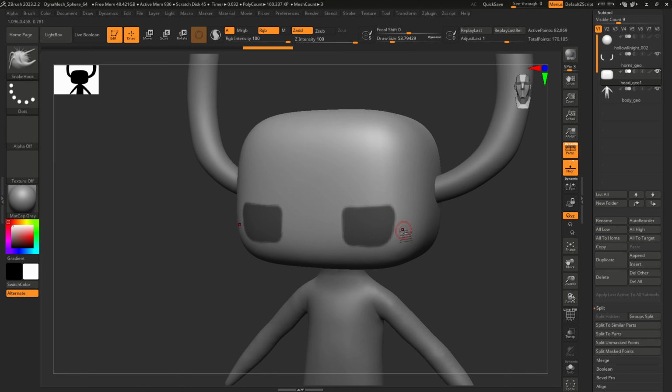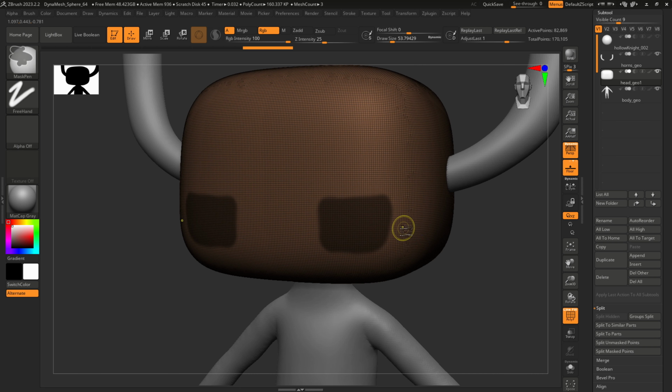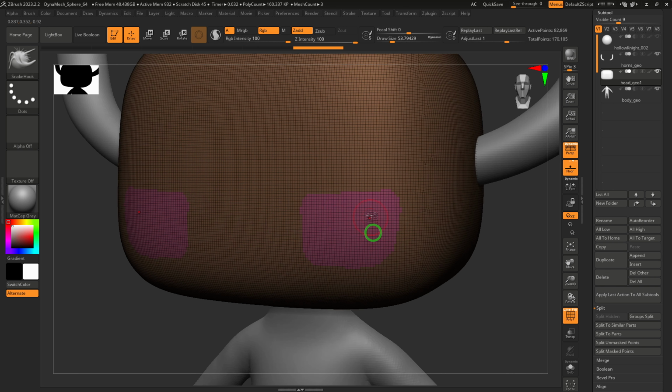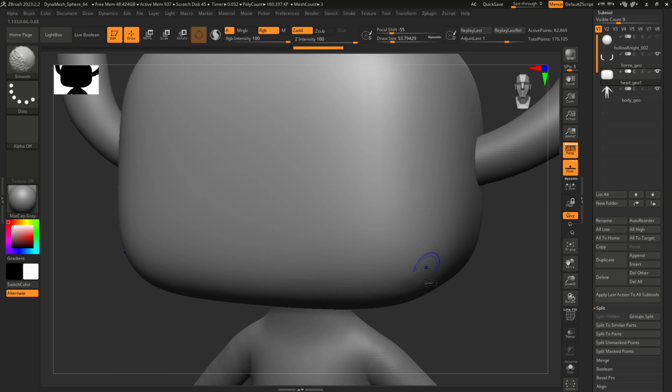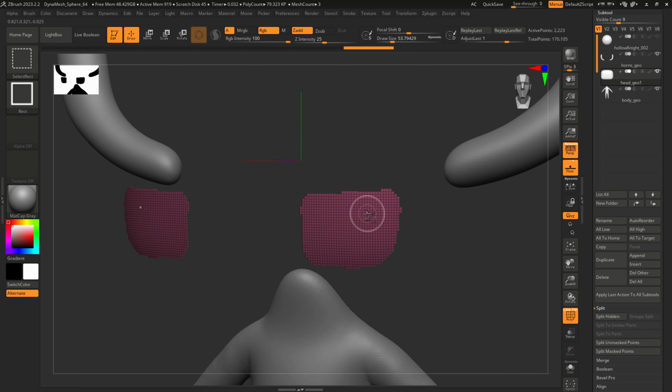And then one thing, let's cover the group loops of this. If I hit Shift F and then hit Control W now that I have this part masked, it's going to make that its own polygroup, right? But it got rid of my mask. But it's not a problem because I have that now saved as a polygroup. So Shift F, if I Control Shift and left click on that,